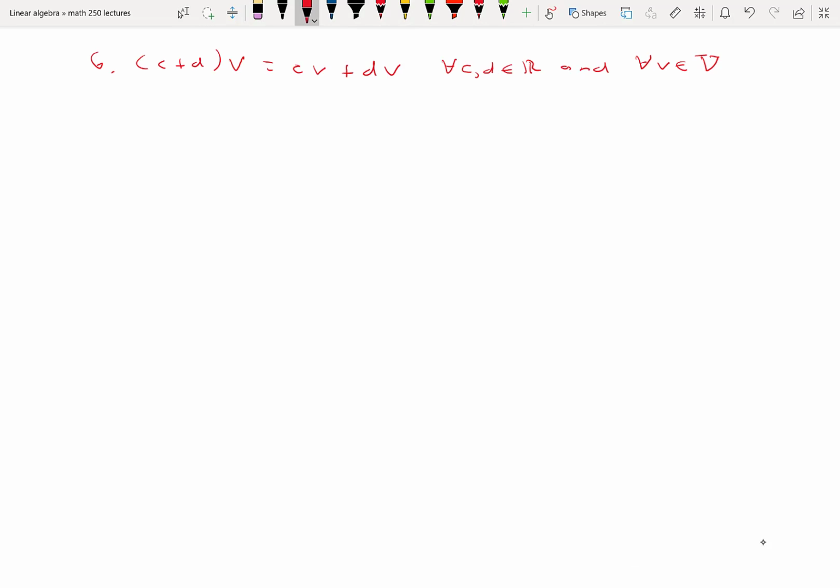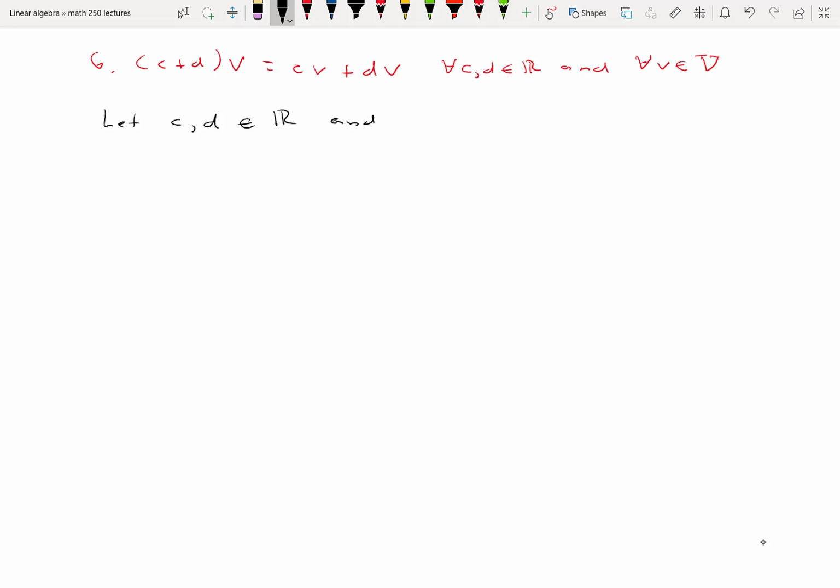Next, property 6. Another distributive property. Not the same one. This time we're adding two scalars in the parentheses and then ultimately multiplying that by a vector. Very, very different. Okay. So I want to prove that C plus D quantity times V equals CV plus DV for every real number C and D and for every vector V in R2. Well, if you're supposed to show the property for all scalars C and D, identify C and D as scalars, arbitrary scalars. So let C and D be in R,